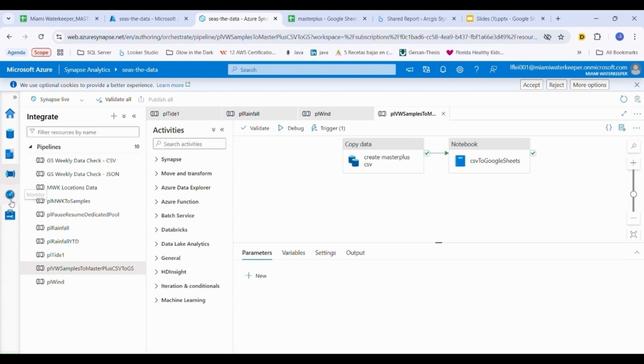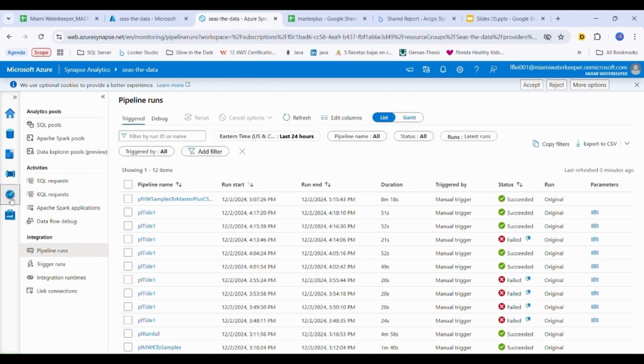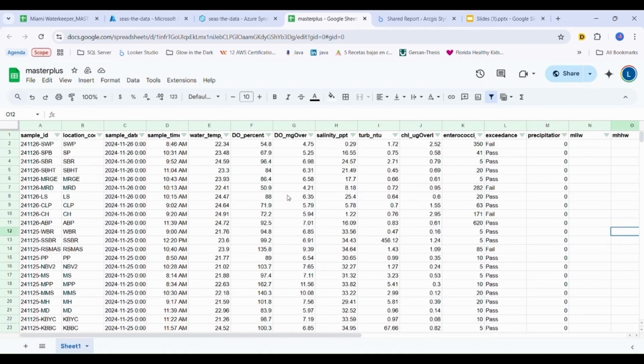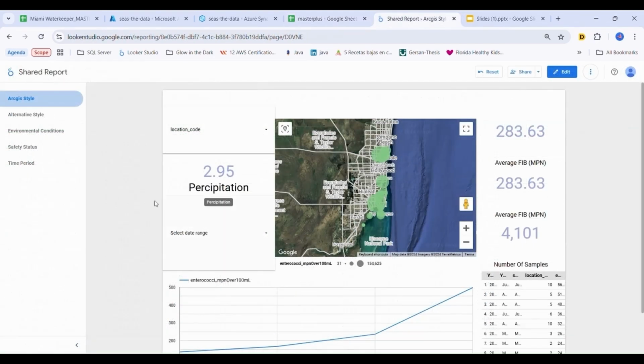So the Master Plus basically has all the same information that is in our samples view, and then it feeds that information into the Google Looker Studio. This sheet, the Master Plus sheet, will be overwritten every time the process runs. And it is very important not to change anything in this sheet,